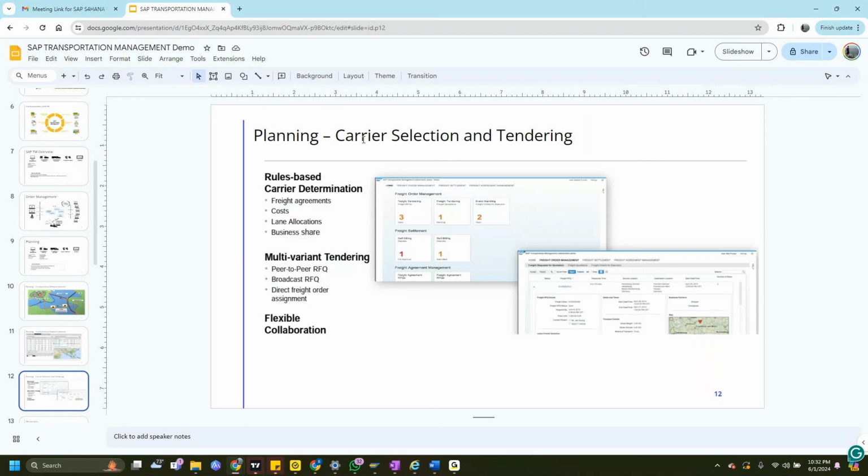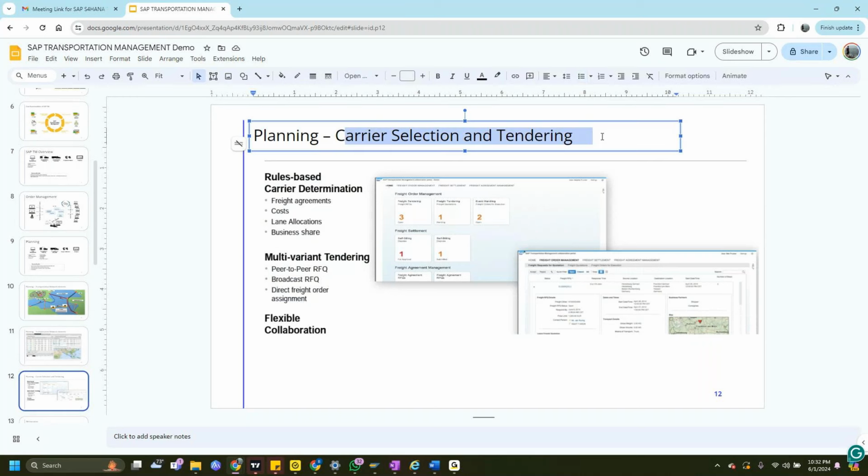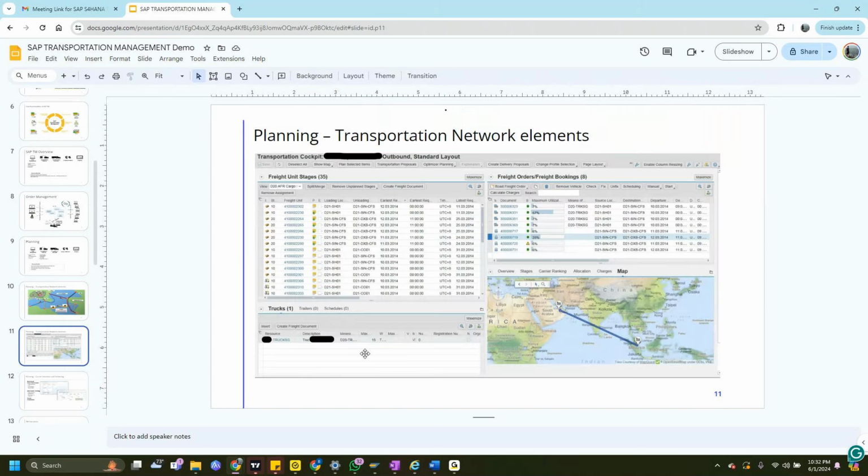So this is again carrier selection and tendering. When we say planning, we have two different things: manual and auto. We'll be talking about auto planning. I'll just give you a basic understanding of manual planning, but in our future sessions, I'll be completely talking about setting up an automated planning system. Okay, fine. But generally, Arun, the business will never go live with an automated process, to be honest.